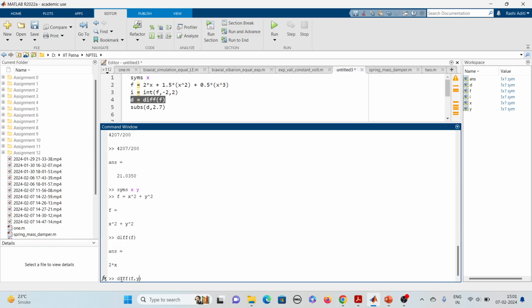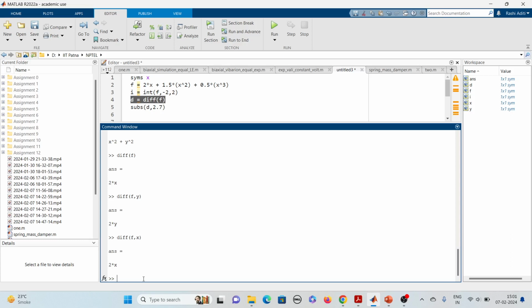What do we do here? We perform the differentiation of f with respect to y. Then we press enter. Here we got 2y. Similarly, we can do it for x as well. Like if I write x here, it is going to differentiate f with respect to x, right? So this is how I do the